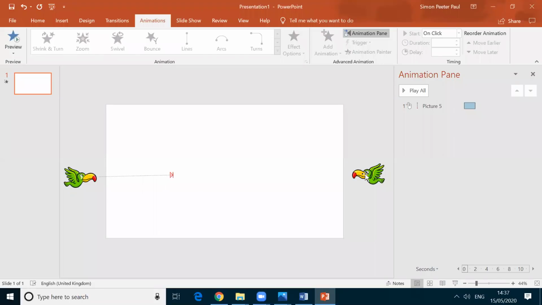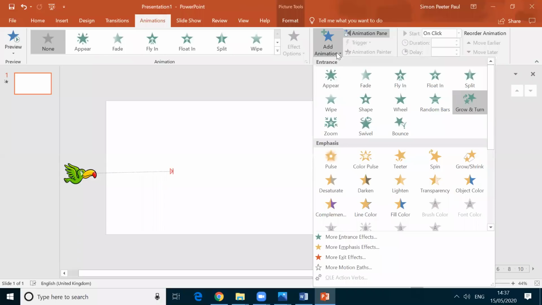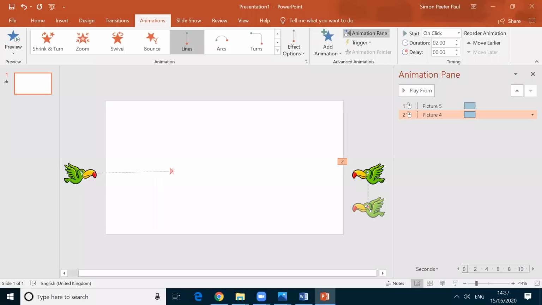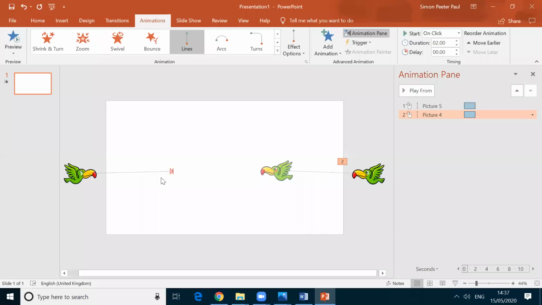Again, for this, here automatically the animation is ready. Here I am clicking this one. I'm going to do the same procedure. I click here on the add animation, and after that I'm moving down. Here the line motion path is given. I click on it and I click this, and then I move this one to this position. Right. Okay. Now I added two animations.